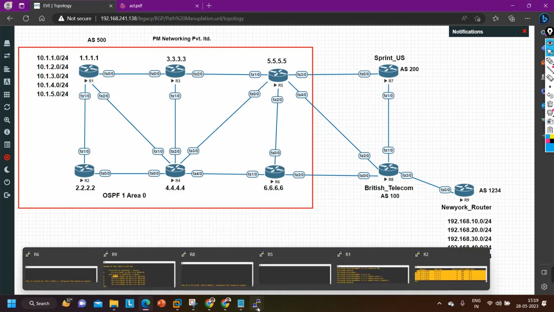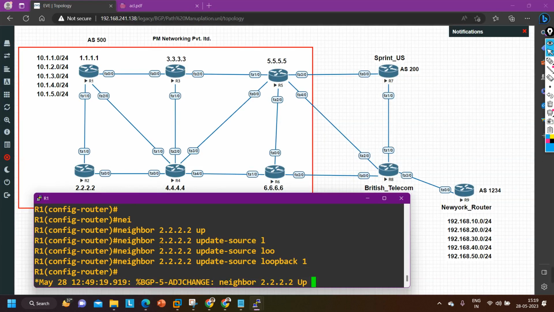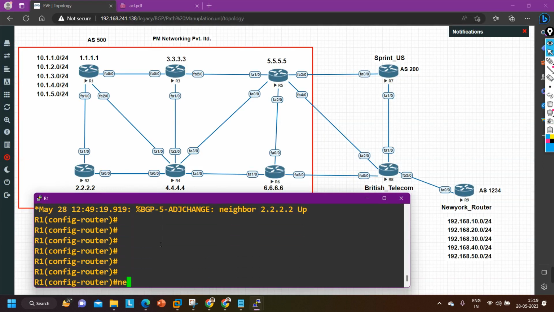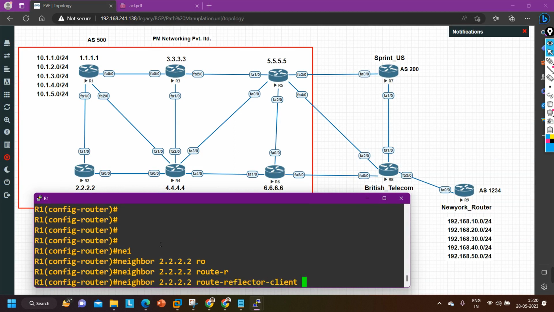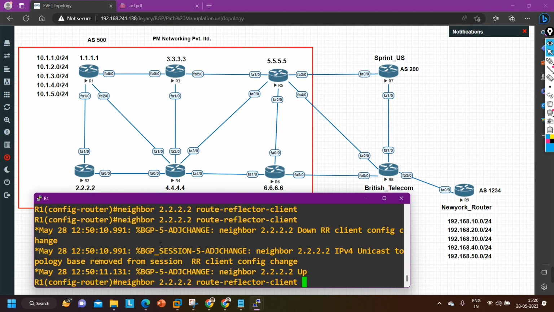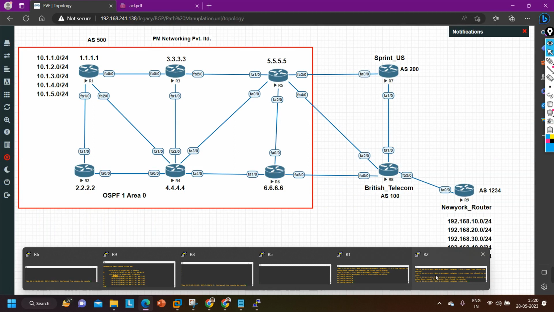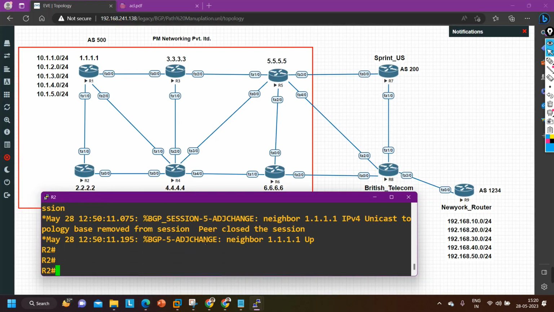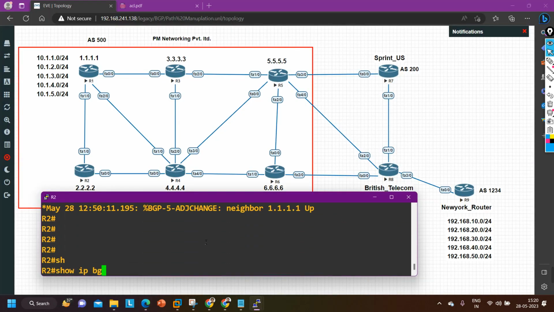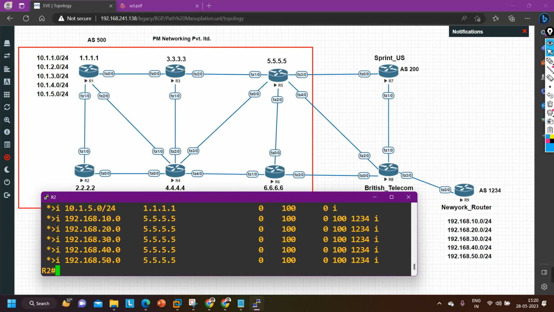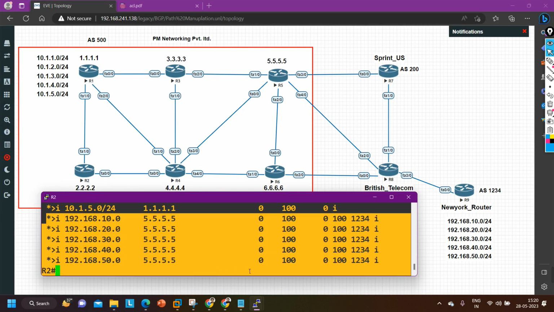So on router number 1, what I am going to say, neighbor 2.2.2.2 route reflector client, route reflector, let's say yes, client. Now if you will check the BGP table of router 2, so IP BGP, router 1 is advertising only network